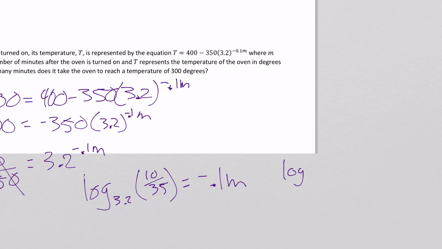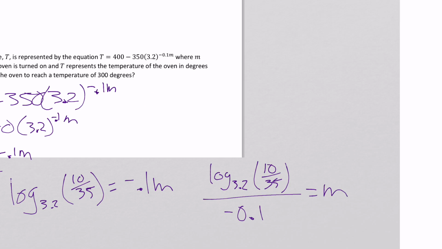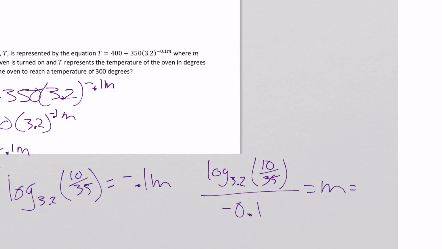So log base 3.2 of 10 over 35 divided by negative 0.1 has to equal the number of minutes it takes for us to get there. And calculator crunch time. Hit the alpha window. Option 5 gives you log base, and you can enter the base of 3.2, which is pretty nice. And then you can enter 10 over 35, which is also nice. Then you could exit your log, and then you could divide by negative 0.1 and find that the time to heat the oven is going to be